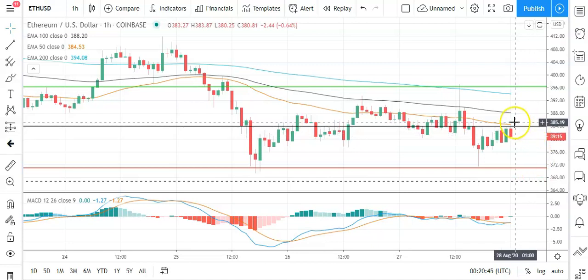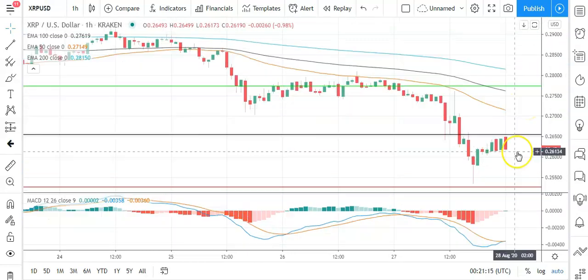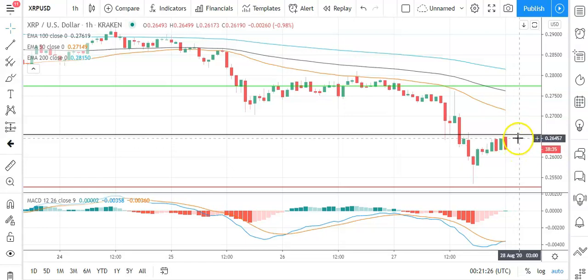50 EMA, however, has pulled away from the 100 and the 200, in support of this morning's pullback. So key through the morning will be to move through the pivot level at 383.97 and back through to 390s to support a recovery of yesterday's losses. Finally, looking at Ripple's XRP against the US dollar, tracking the broader market here, pullback through the early part of the day. Going to need to see Ripple's XRP move through the pivot at 0.2655 to support a run